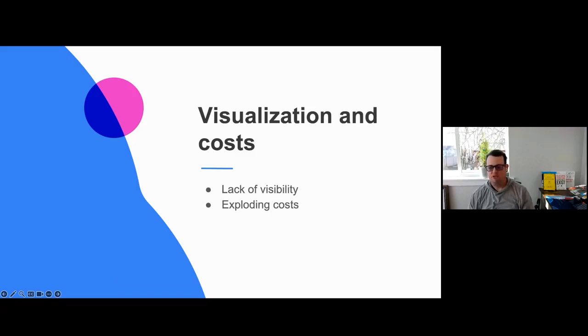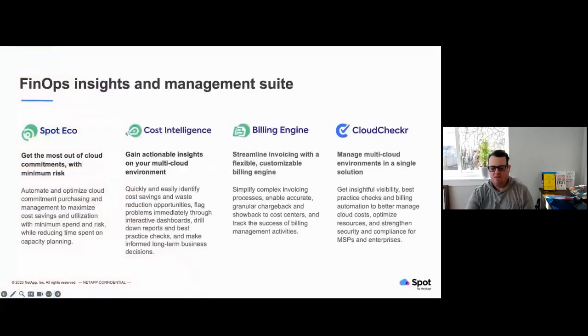And do you use one or more security products to manage your cloud resources? And how mature are your security processes? These are all important questions that you need to be able to focus on. And if you can't show it, how do you explain them? So because Spot has a